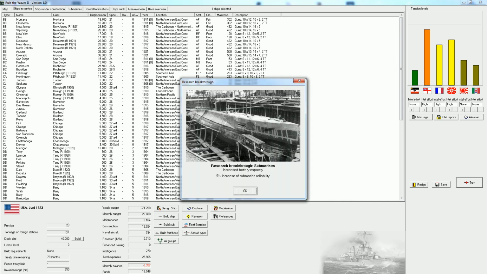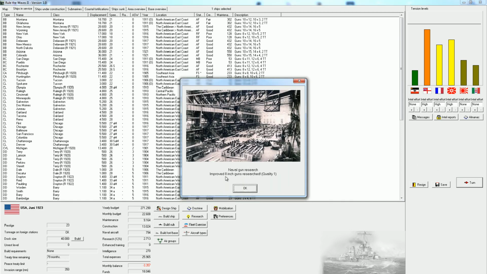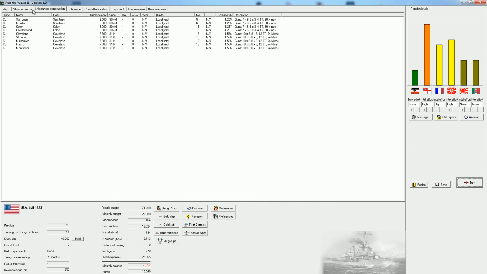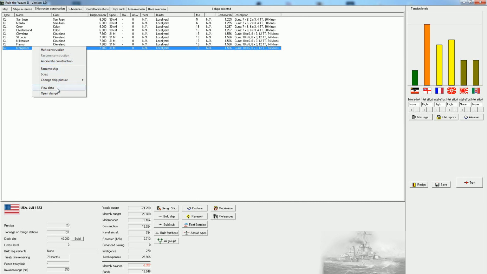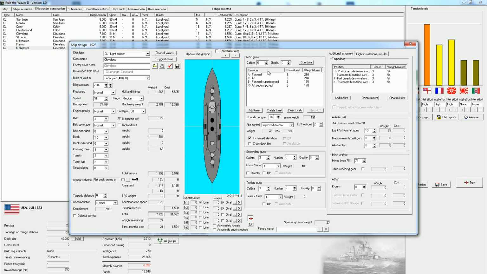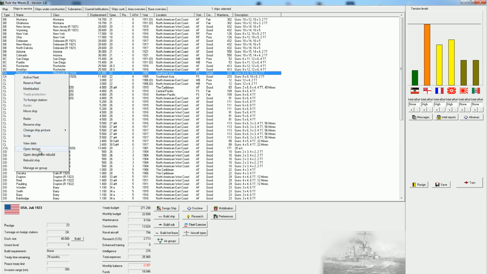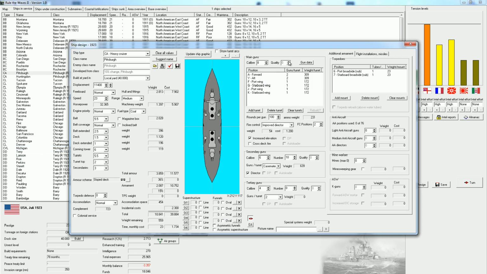And we are losing money. Improved 8-inch guns. Very good to see, but again, that does call into question our designs, because can we actually open this design and see what it would be at quality 8? Of course, that would be a lot more weighty, but yeah, it would also count as a heavy cruiser. But that might mean we want to design a heavy cruiser very soon. Specifically, so if we open this design,